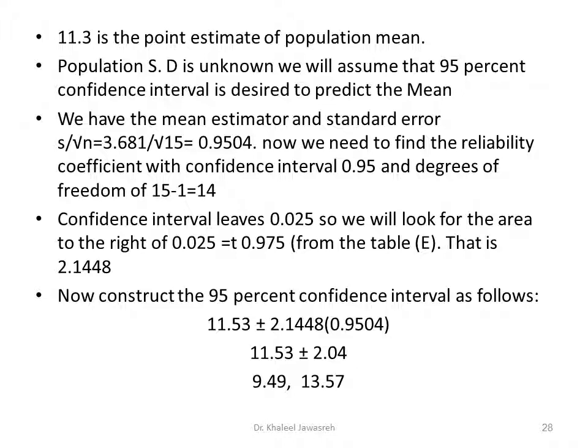And we can finally obtain the precision, which gives our limit of the confidence interval here, 9.42, and by adding the product, the result of multiplying the reliability factor times the standard error, to 11.53, it will yield